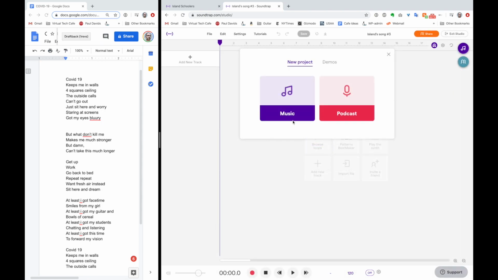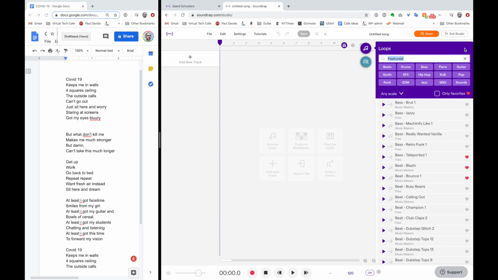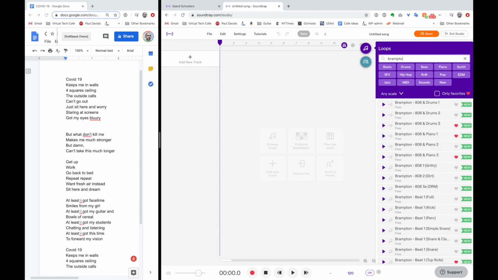And the first thing you're going to want to do, so select music, is put in some loops. You can use the keyboard to create your own music, but the fastest way is to use loops. So I'm going to type in Brampton because I previewed this and I heard some beats that I like. So I'm going to put this guy in here